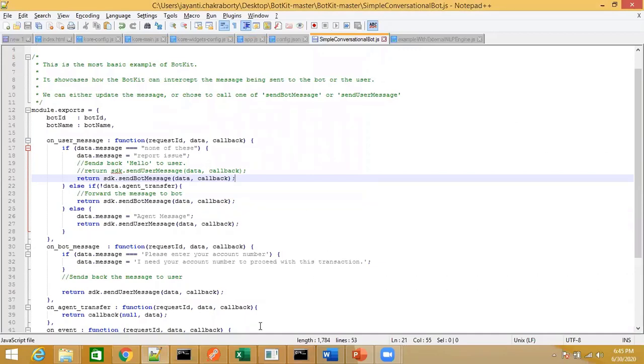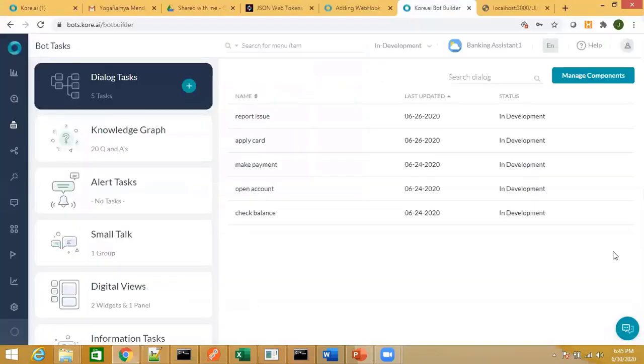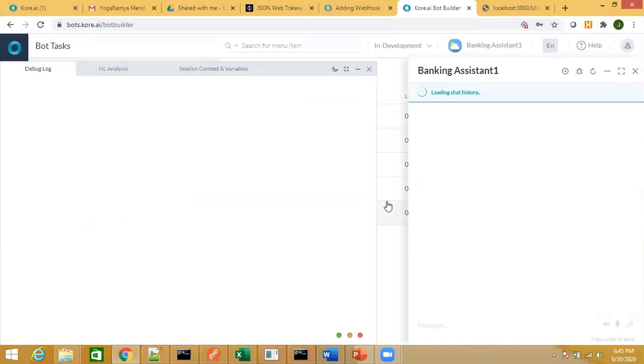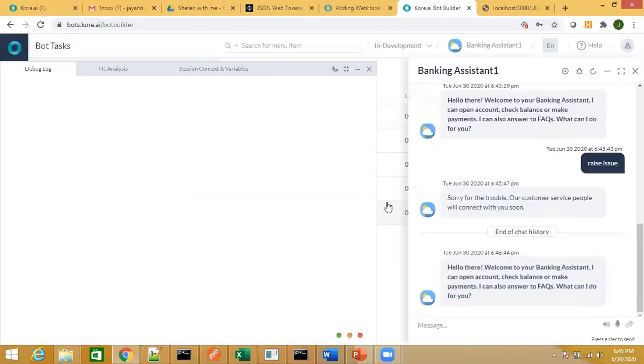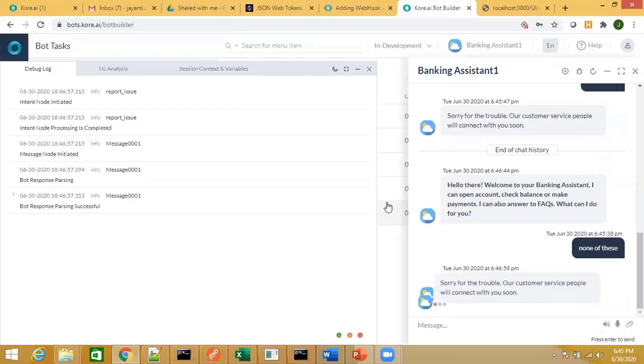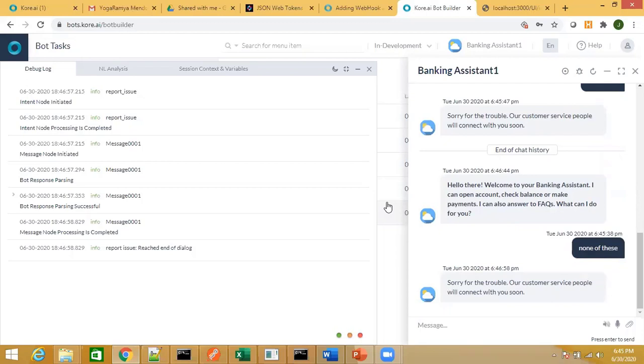So I restarted and now I talk to the bot once again. See, immediately the task that got executed was the report issue task.